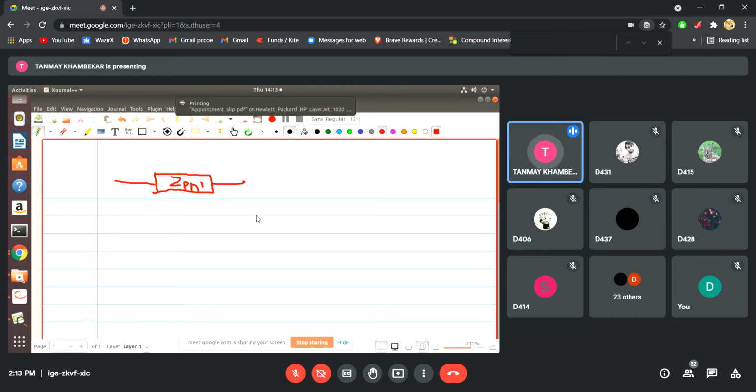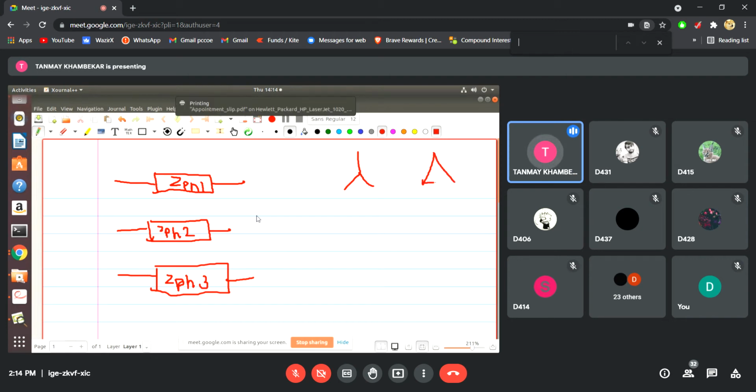So this is the impedance in the first phase, this is the impedance in the second phase, and this is the impedance in the third phase. So this is a three-phase load. There are three phases, represented by three colors R, Y, and B. We can connect these three phases in star fashion or in delta fashion.